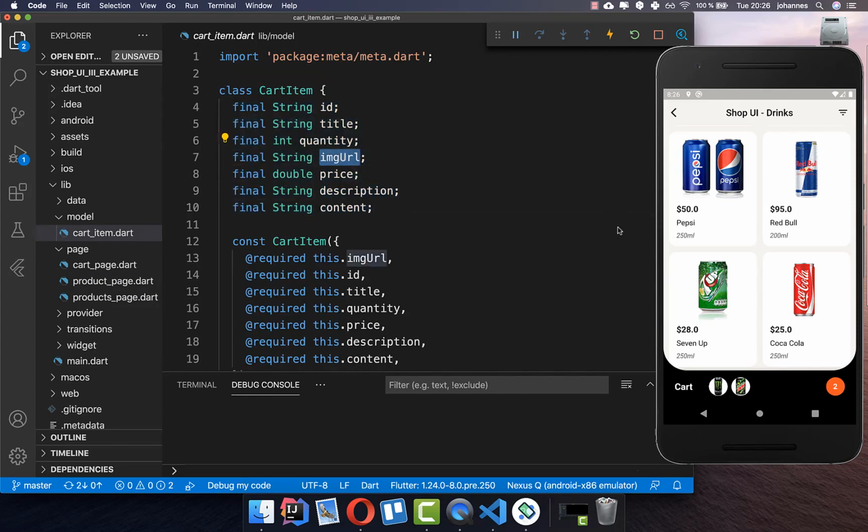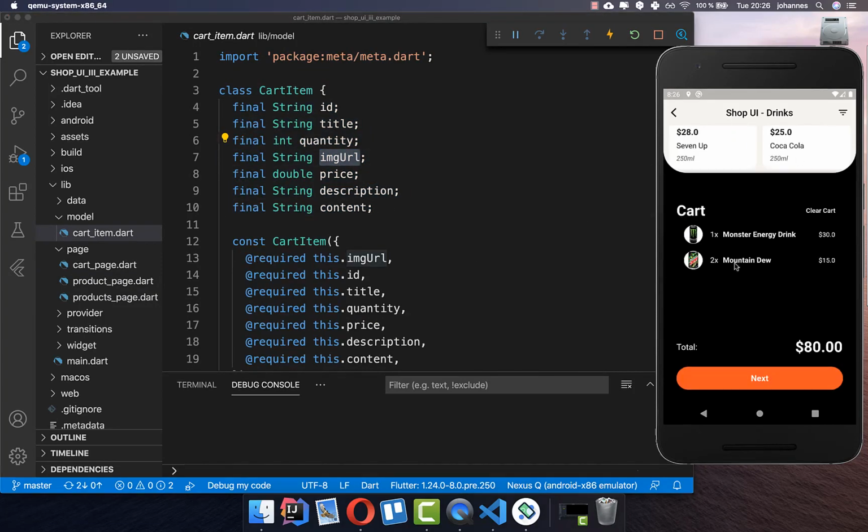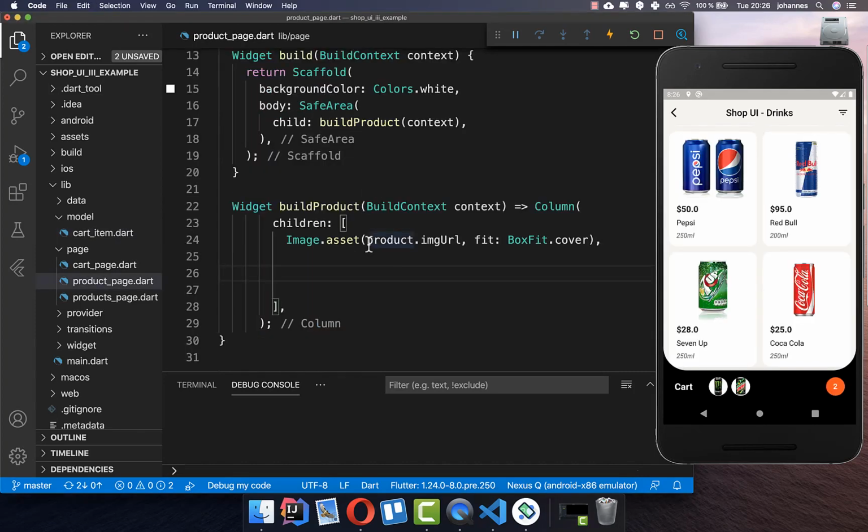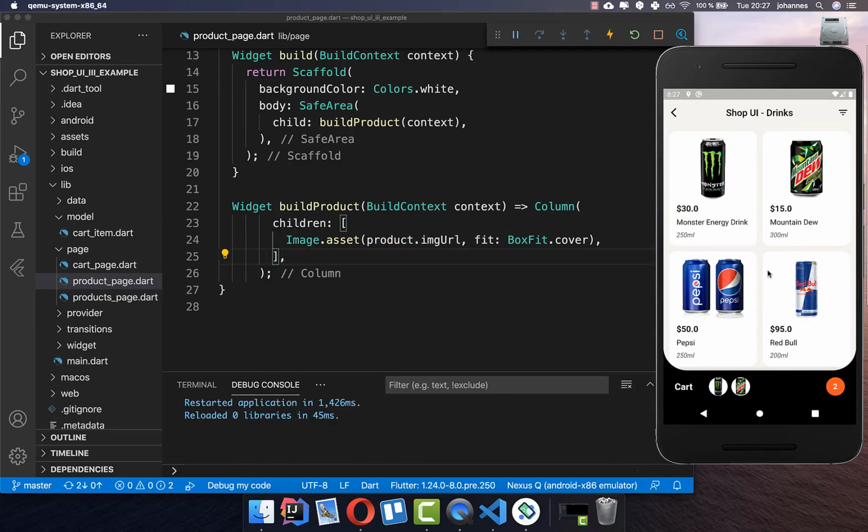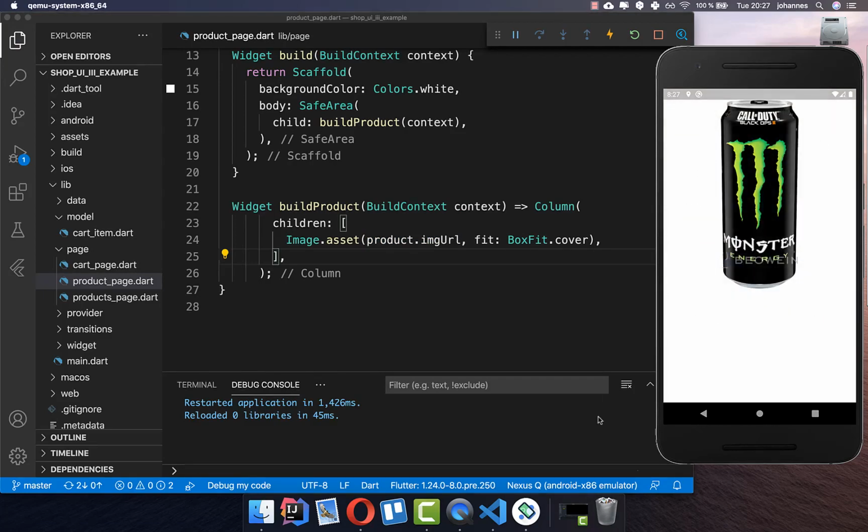So we have the image URL, and we also have other properties like the price and the title of this product and so on. And in this case we make use of the image URL, and this is the image of our article. Alright, let's try it out right now. So I can go here and click on one of these articles, and then we go to this detailed product